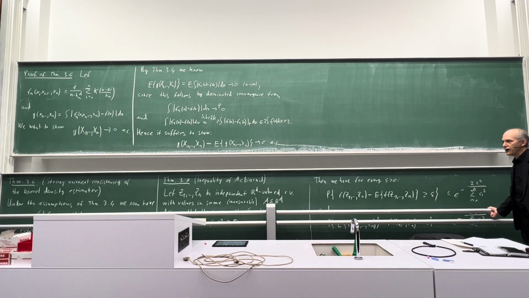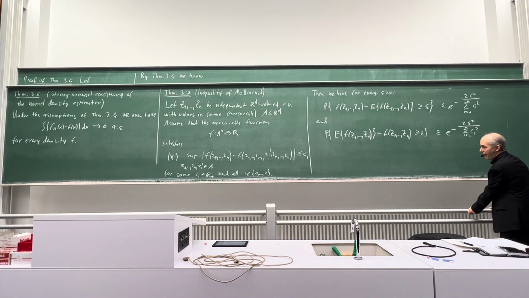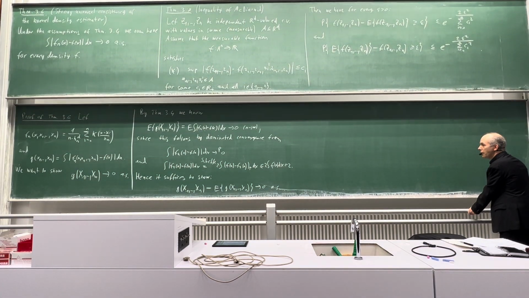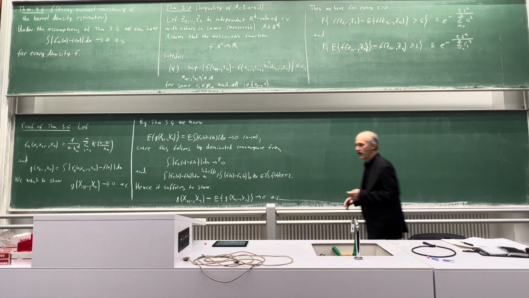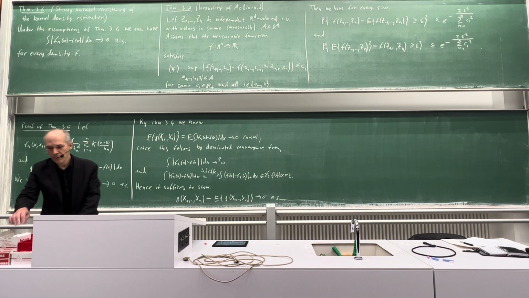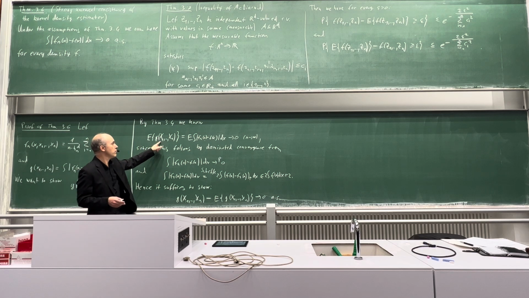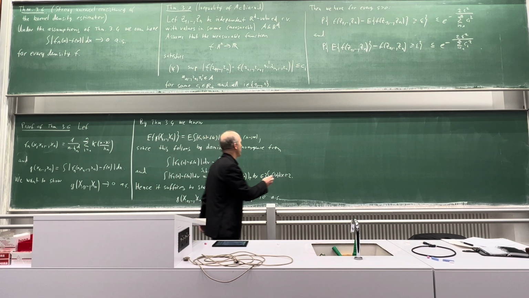Okay, and now I use this McDiarmid inequality. And in fact, my f is now g, and we have to determine the ci's. So I have to look at g of small x1 to xn minus g of small x1 to xn, where in the i-th component I replace xi by xi prime.